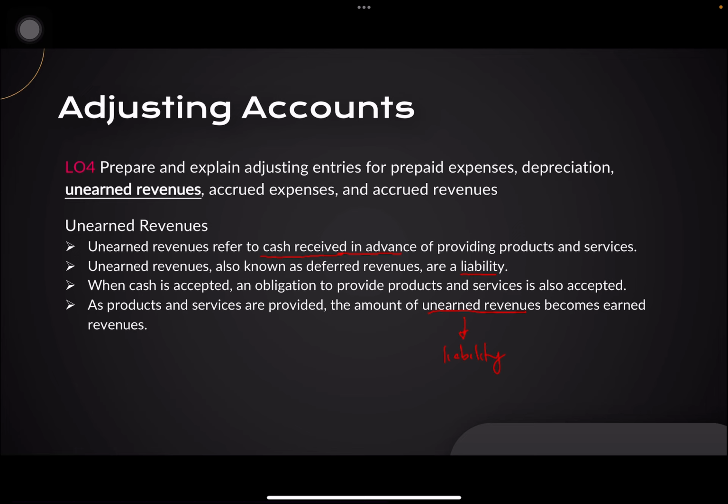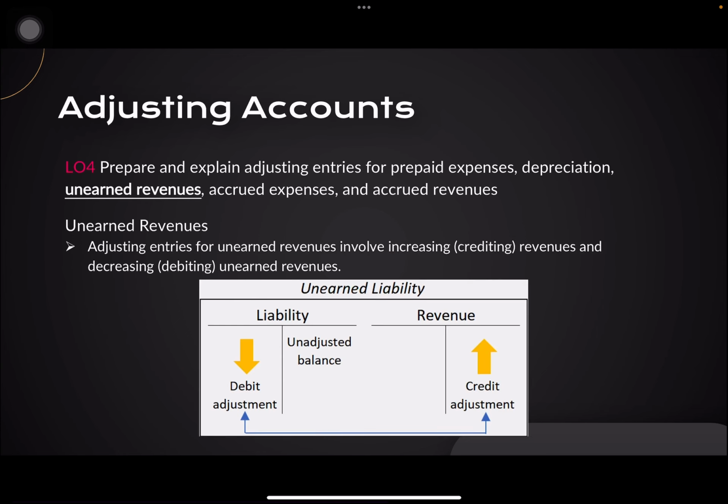But once you have performed your service, or you've already provided the goods or the items to your clients, then this liability will be translated to actual revenues or sales. The default of unearned revenues would be your liability, and we receive cash for this in advance. So the common types of your unearned revenues,